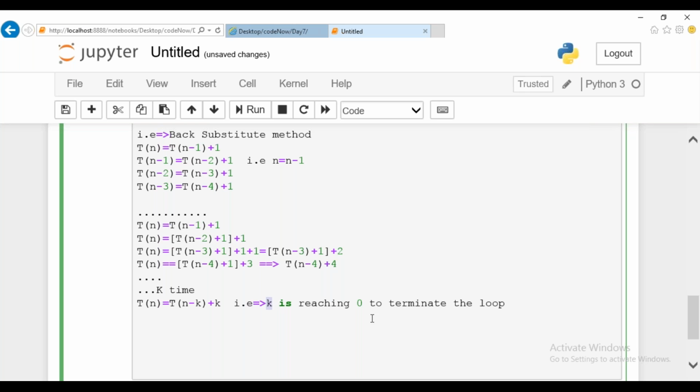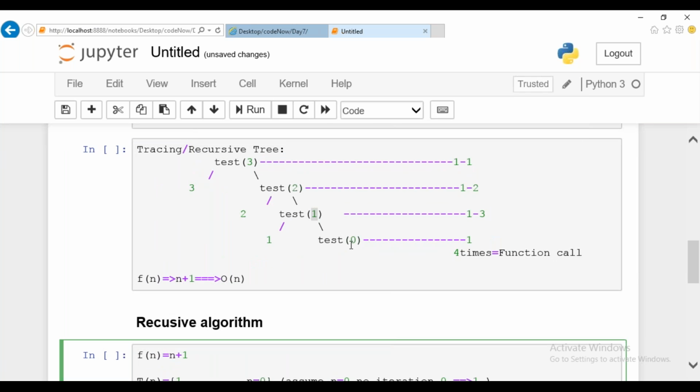So k is going to keep on increasing until your n value reaches 0. So what is the expression I can mention? Until the given number minus k reaches 0. This is nothing but, guys, very simple: the given number minus the kth iteration will produce you 0, isn't it?